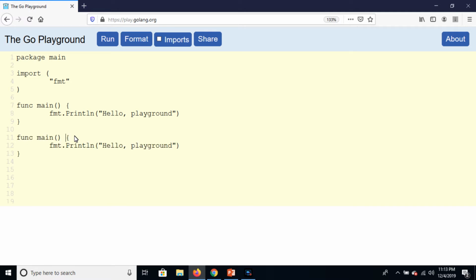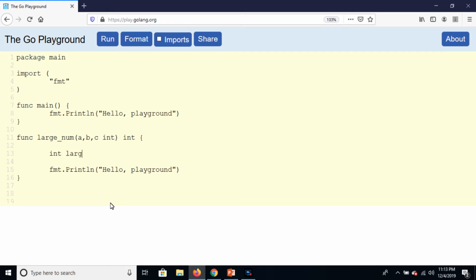Copy it, and here you can assign the name largeNumber function, and A, B, C, these are the parameters, and integer is the data type, and integer is represented here as int. We are going to return a variable that is integer type. So int large